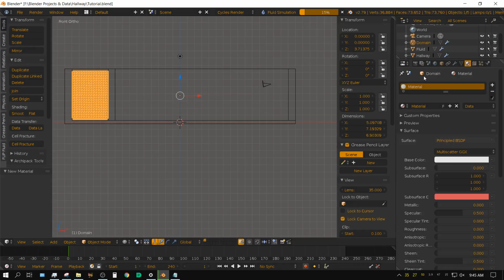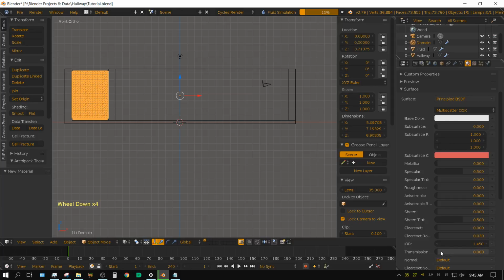So I'm just going to choose principled, go down here to transmission and turn it up to 1, and then roughness, I'll probably turn it up to 0.05. That way it's got a tiny bit of roughness to it, so it's not too clear or too reflective.